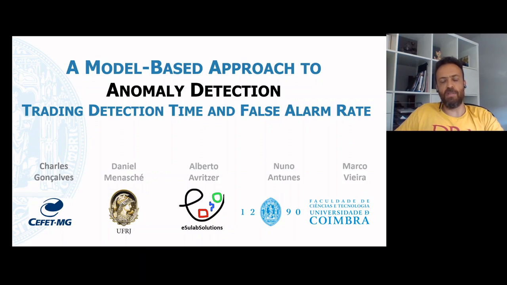My name is Goncalves. I'm currently a PhD candidate at the University of Coimbra and one of the authors of the work A Model-Based Approach to Anomaly Detection, Trading Detection Time and False Alarm Rate. In the next minutes, I will briefly explain the key points of the work and hope that you find it